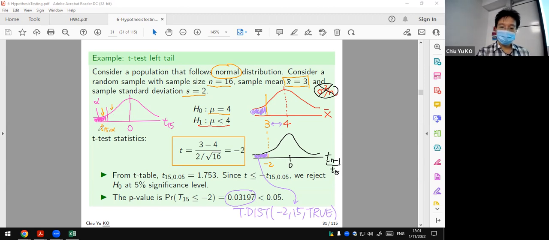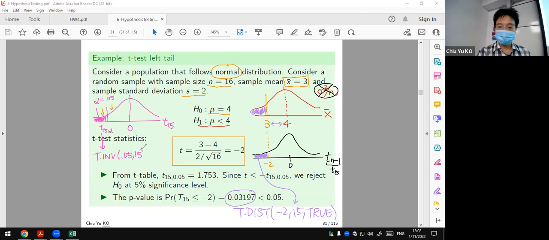How can we figure out this? Sorry, I should use that color. We want to find this T15 alpha. This is just because the area is given to you. Alpha is like 5%, as standard. So just T.INV 0.05, 15,